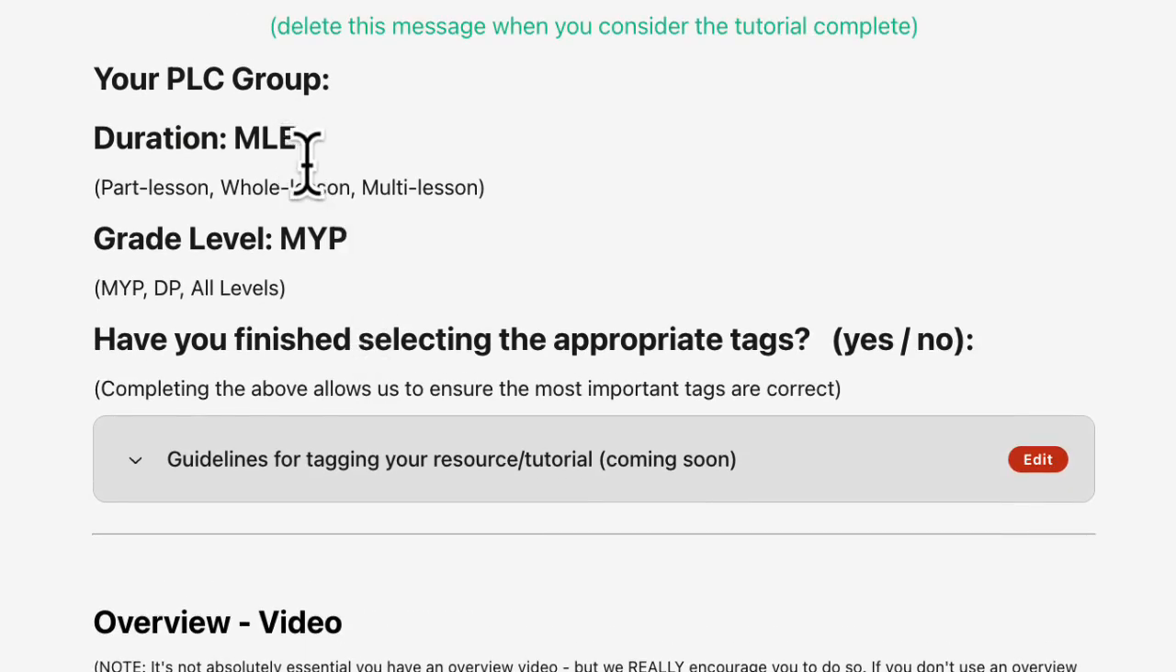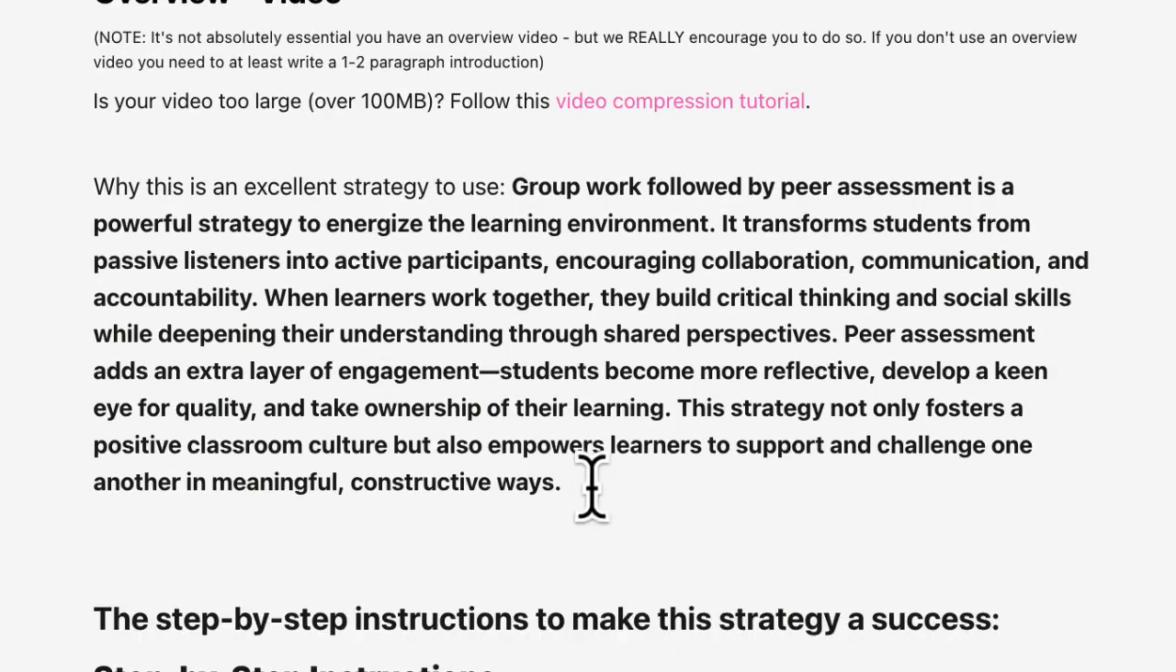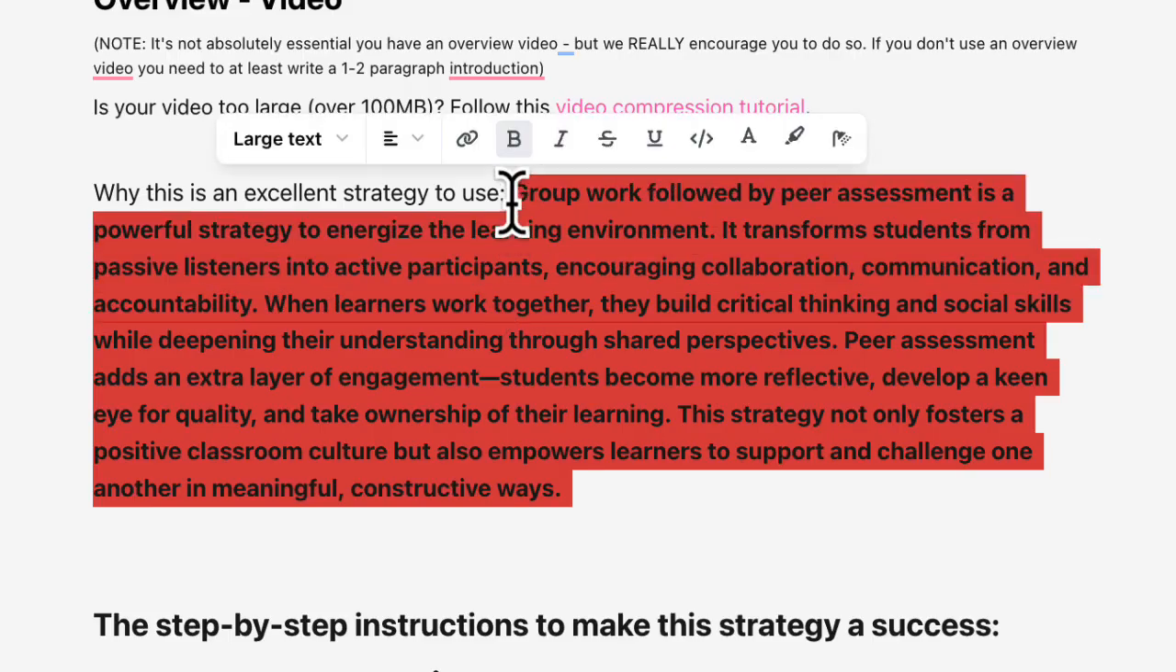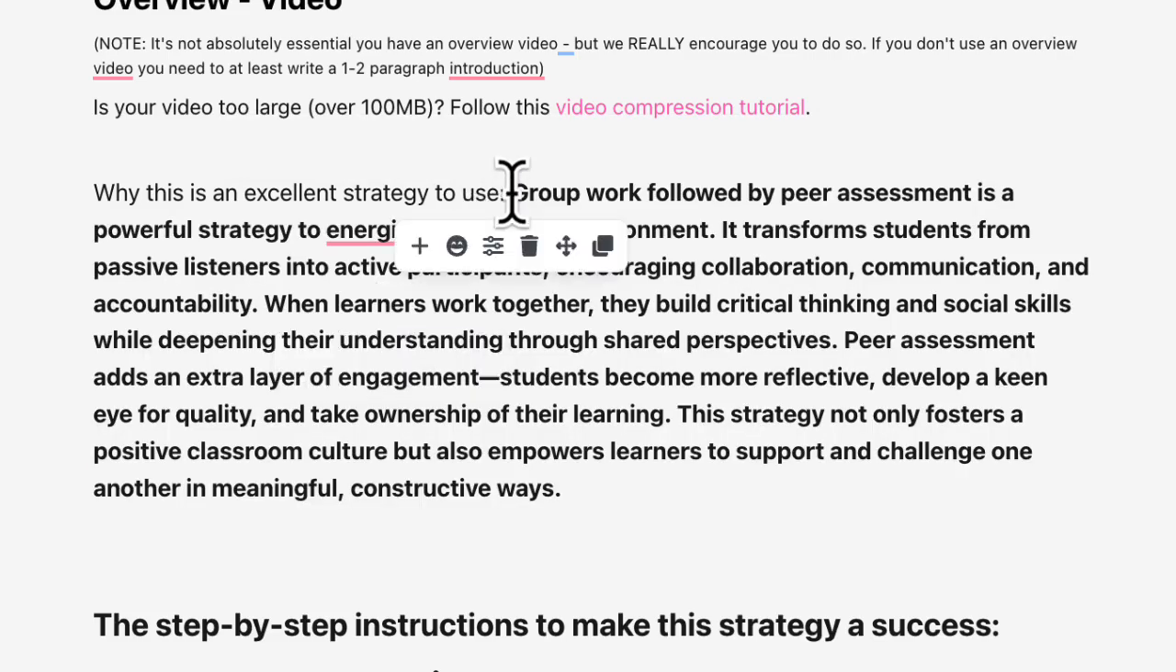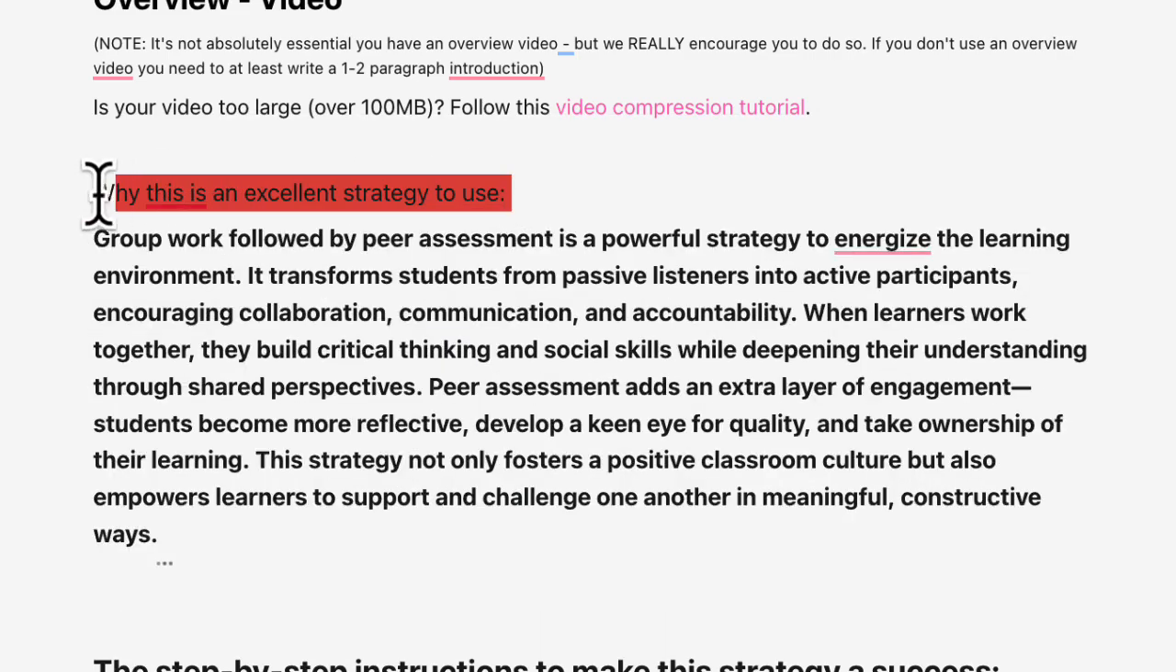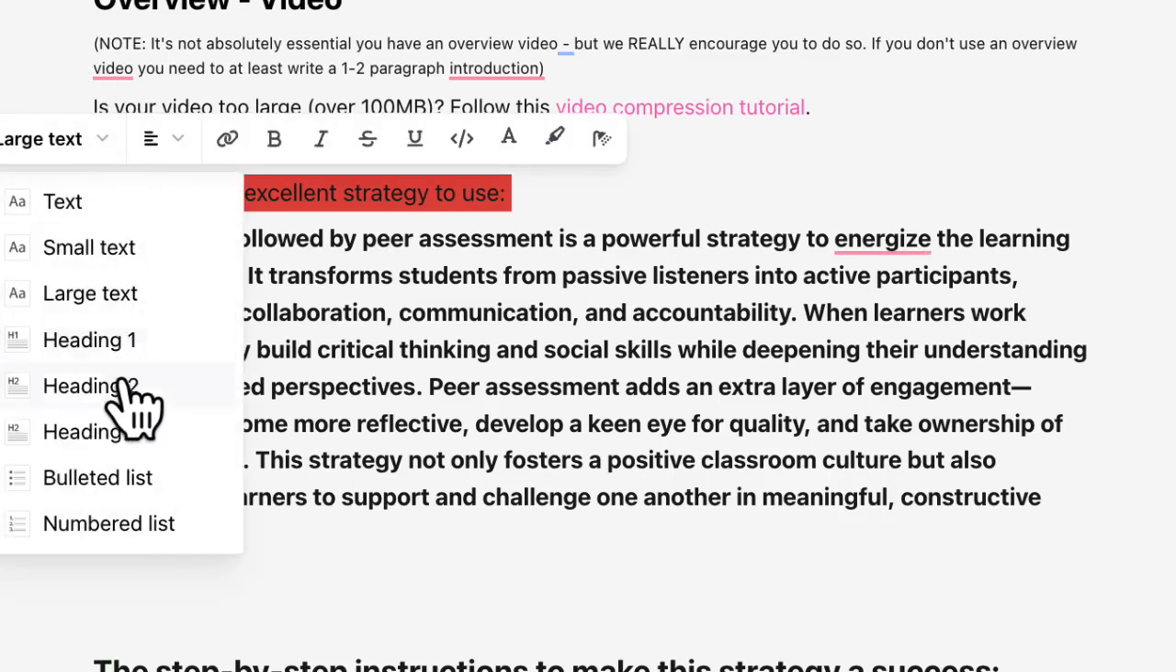I don't like acronyms. What does that mean? Multi-lesson? What's the E? Don't know. This is just a minor thing. I think that looks like a heading, it's large text. Okay. Well, look, you don't have to do this, but why not use